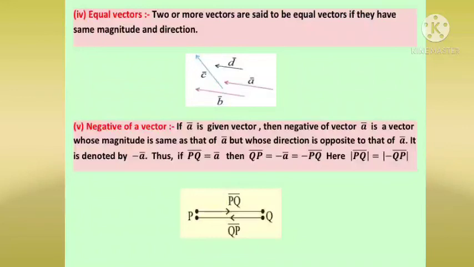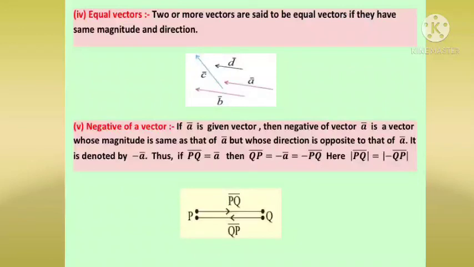Now when you go for a bar and c bar, you can observe the magnitude is same, that means the length of the vector a bar and c bar is the same, but the direction is different. And when you go towards a bar and d bar, you can see the direction is same, but you observe the vectors, then the magnitude is different.